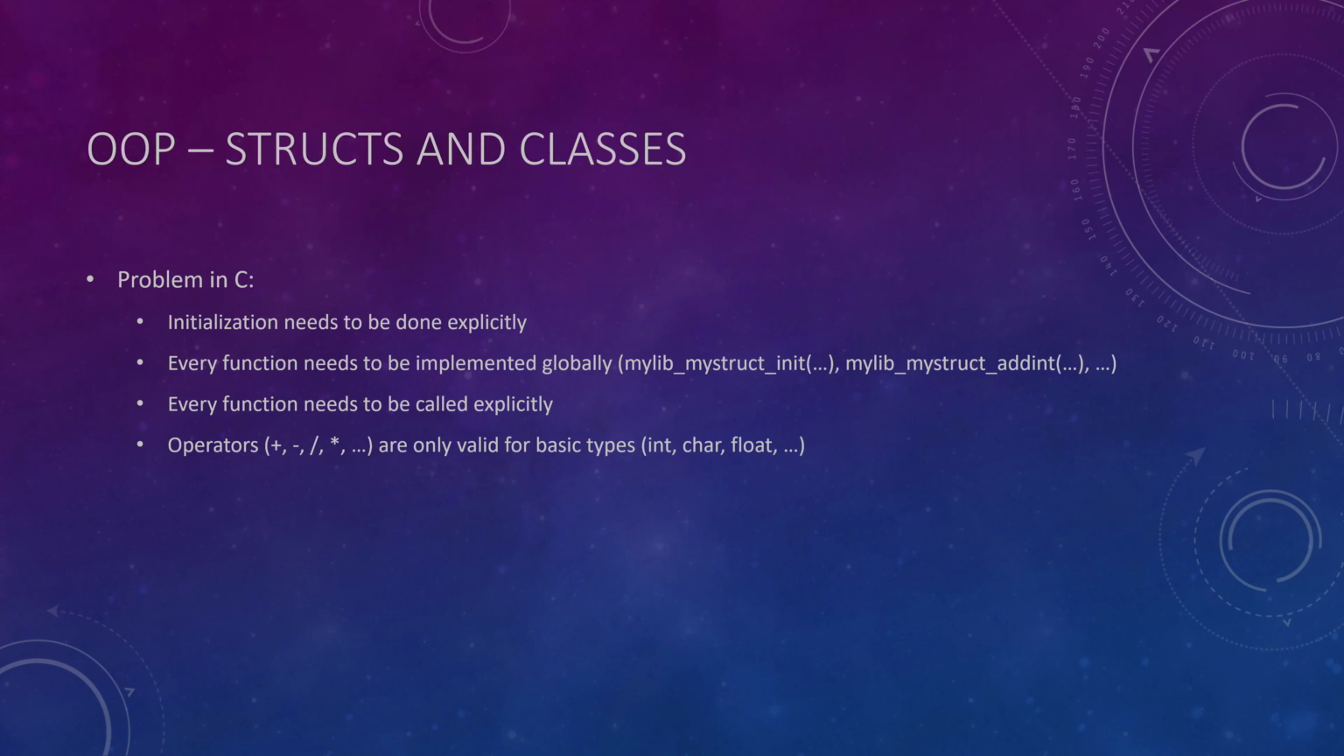So in general, every function needs to be manually implemented. Okay, we always need to do this, but manually created. Every function needs to be manually called, needs to be in the global namespace. And if you're doing this, you again have the same thing like mylab_section_mystruct_init, mylab_section_mystruct_add